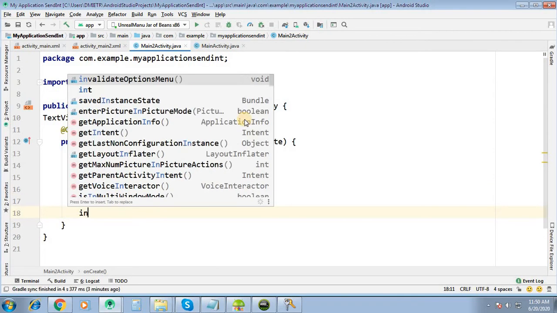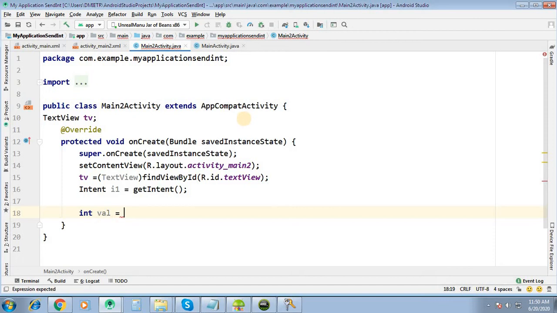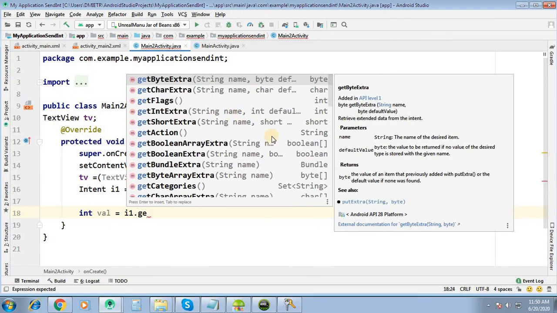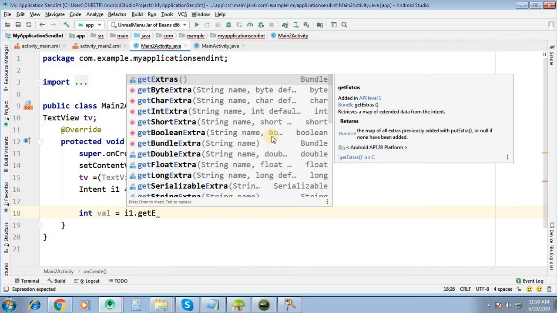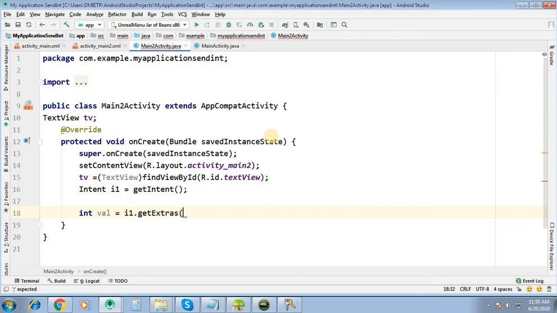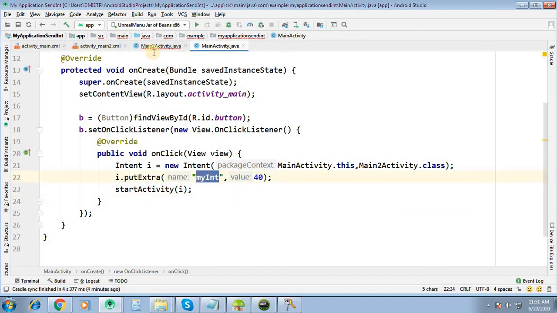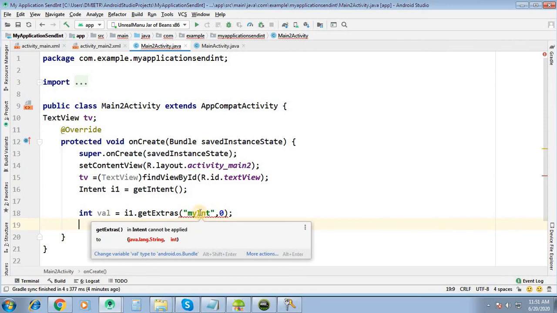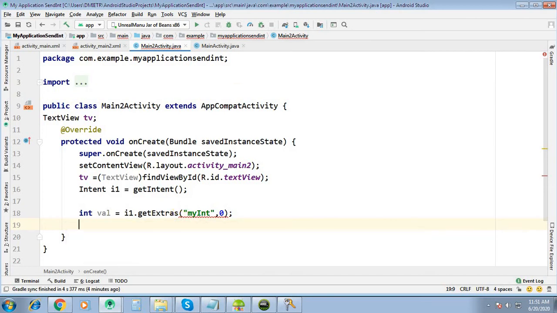Now we will extract the value: int val equal to I1.getIntent().getExtra, and the token, which is my int, comma, the default return value.